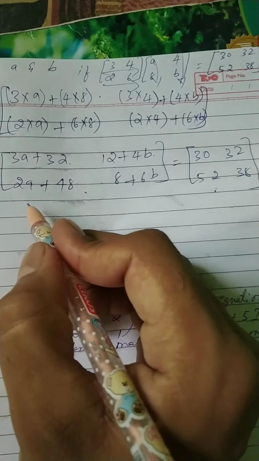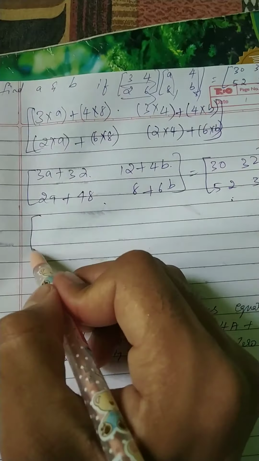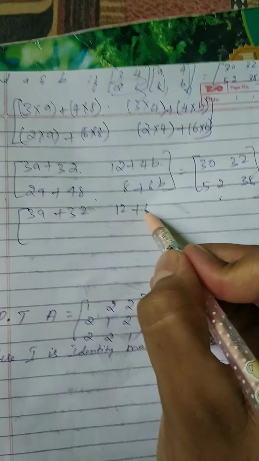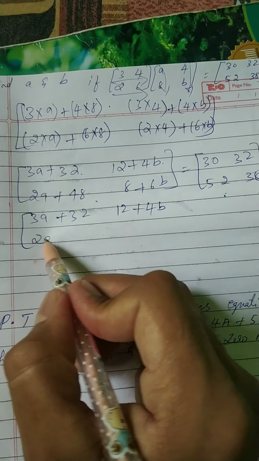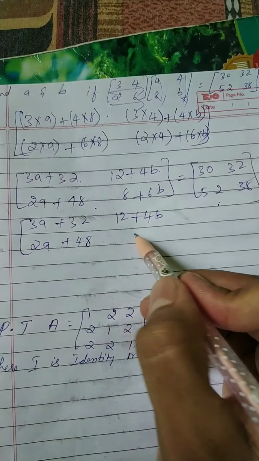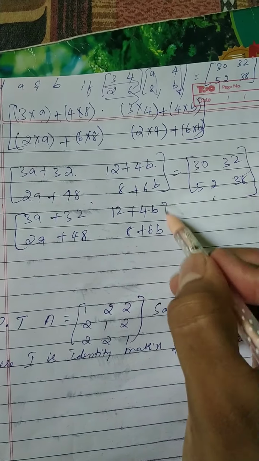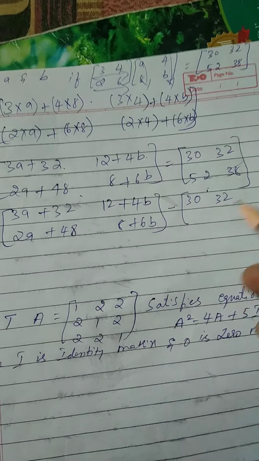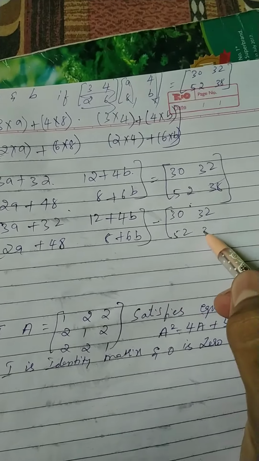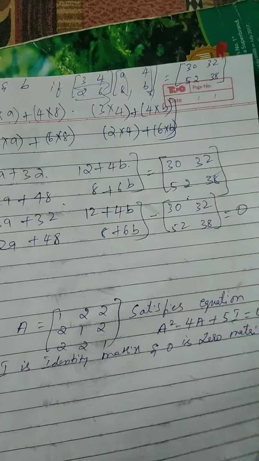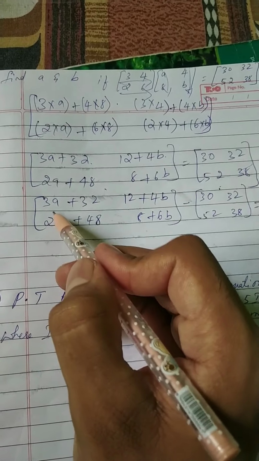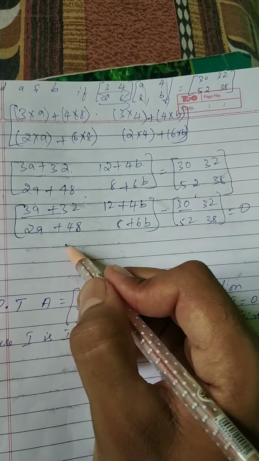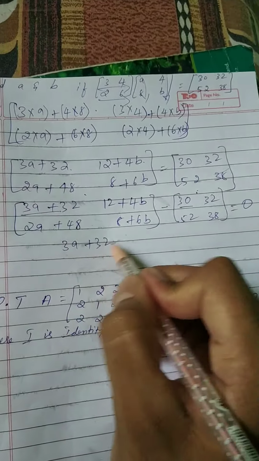So now look here carefully. I can take this simply: 3A plus 32, 12 plus 4B, 2A plus 48, 8 plus 6B. Take this minus 30, 32, 52, 38 is equal to 0. So now you can see we can subtract this from this. So what happens? 3A plus 32